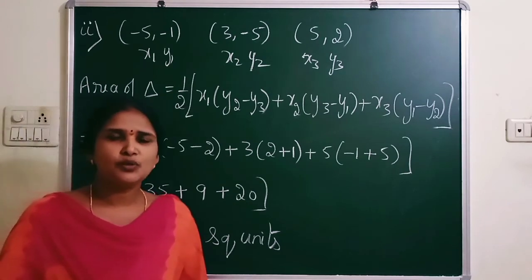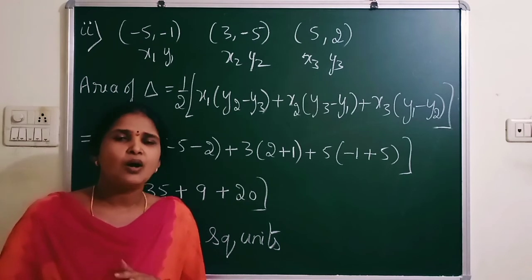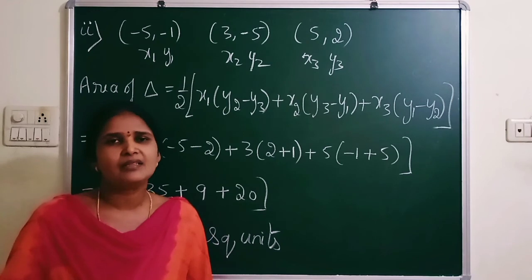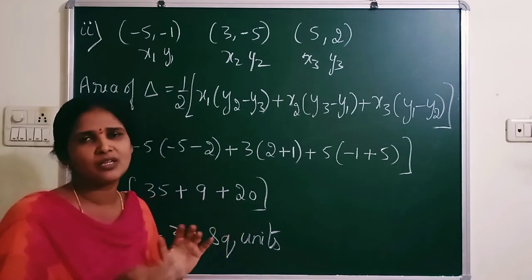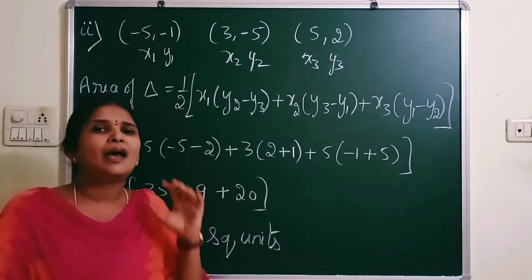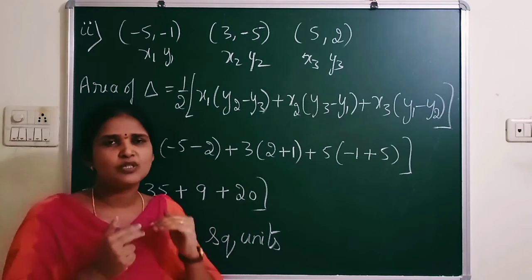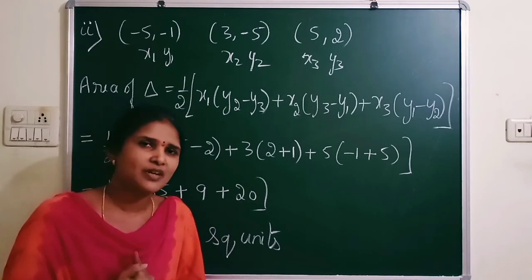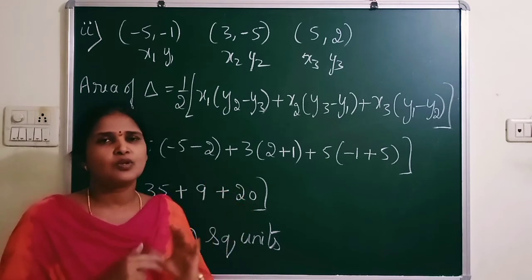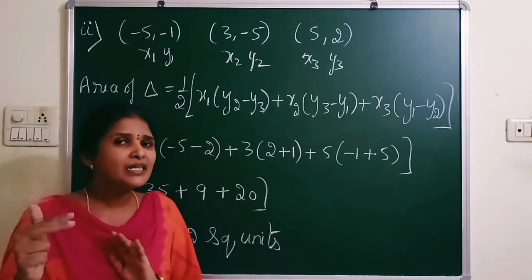For this chapter you need basics of algebra, what you have learned in 6th standard, how to add, how to subtract the numbers, what you have learned at the start of 6th standard, basics you require children. Whoever don't know this basics, please learn. So whenever you are adding with the same sign, the sign will come. Suppose if you have plus 5 plus 2, what is plus 5 plus 2? Plus 7. Because signs are same, we are adding. So sign, what sign you have? So write plus.